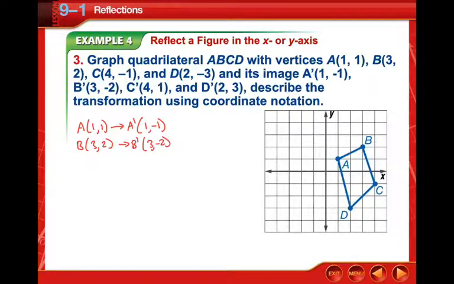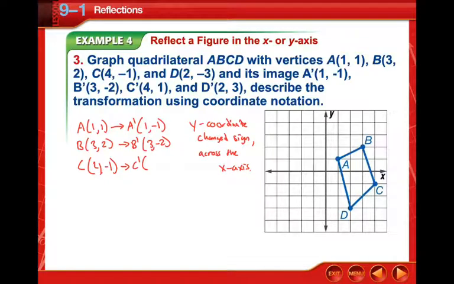So if the y coordinate changes sign, it's across the x-axis. And we'll go ahead doing this in coordinate notation, not function notation. It's very different. C at (?, -1), and C prime at (4, 1),